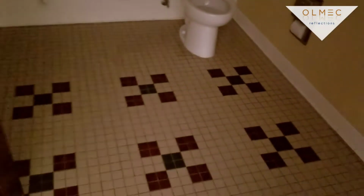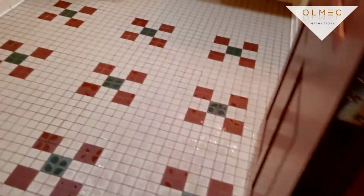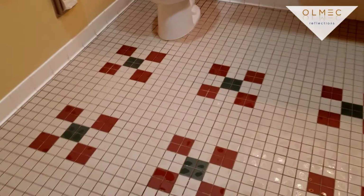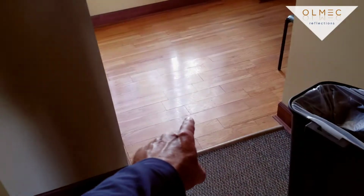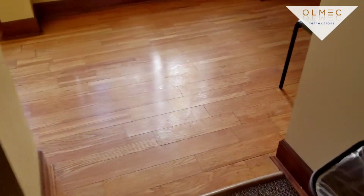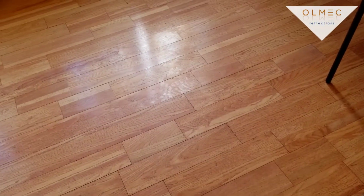You got the bathrooms in your business and they need to be done. This is tile and grout here. We can come in and do that. We can also do that hardwood floor. Now it's all hazy and stuff. You see footprints in it. That